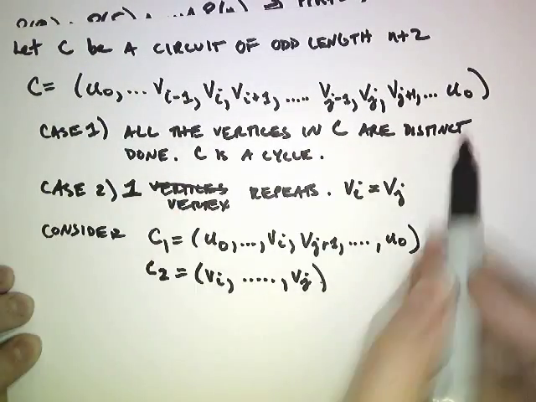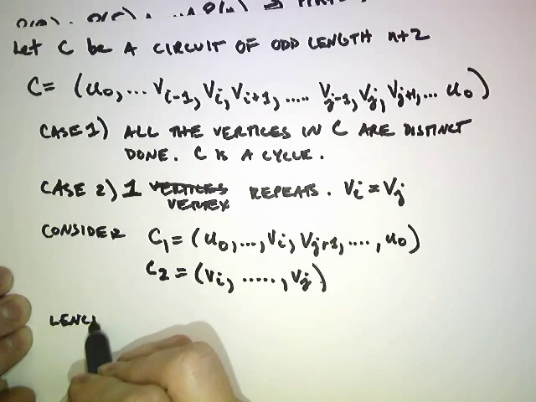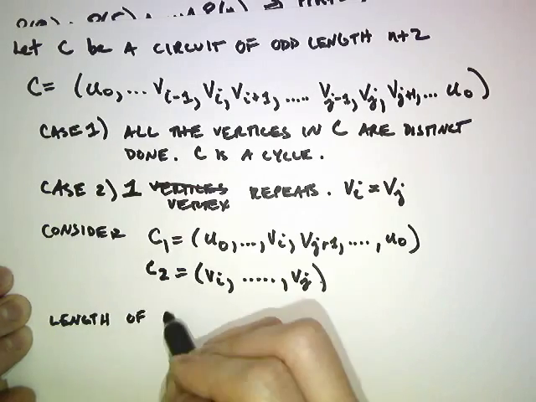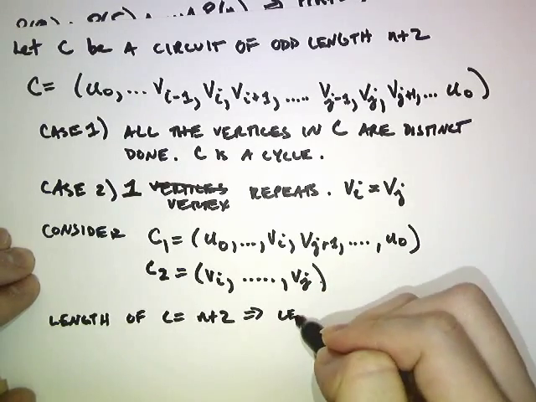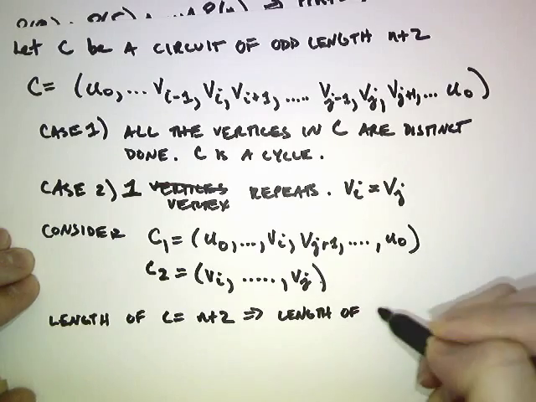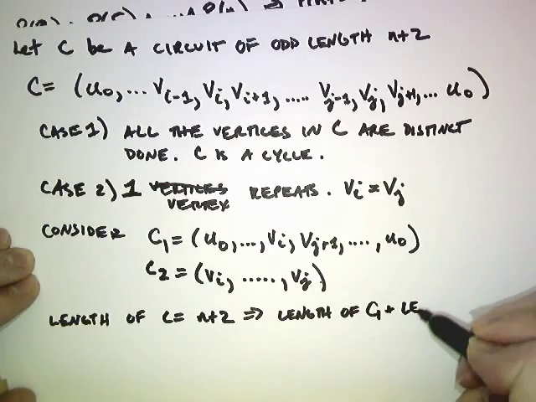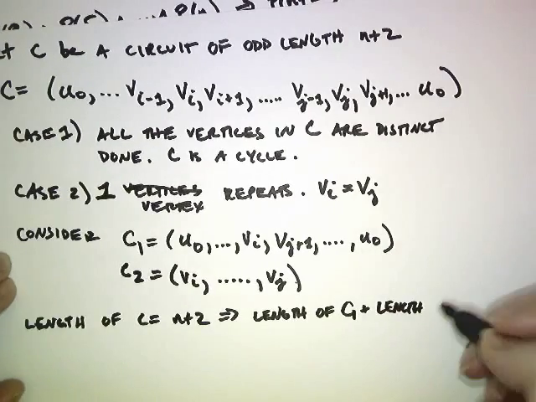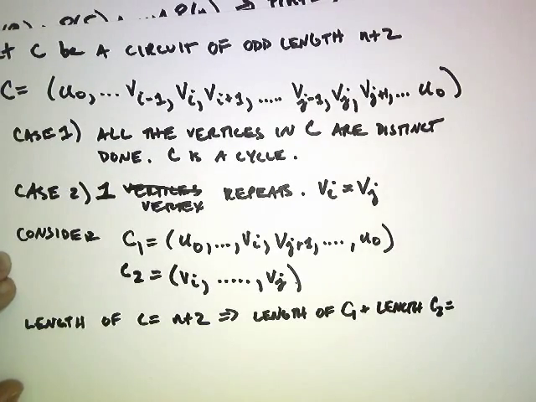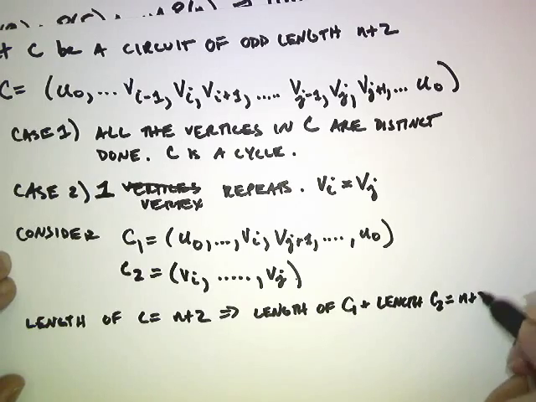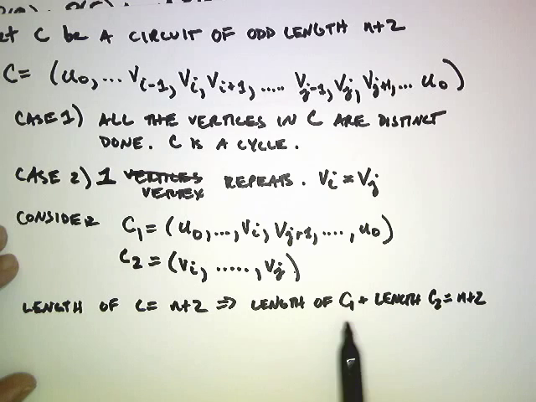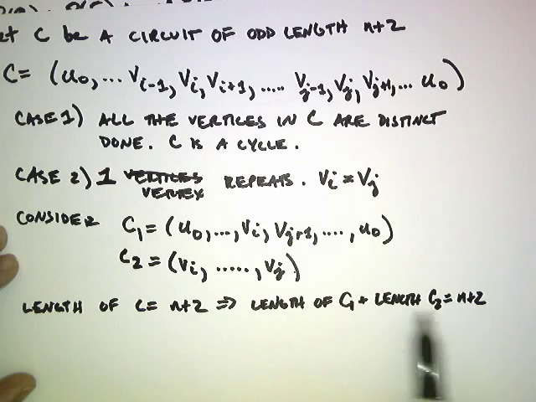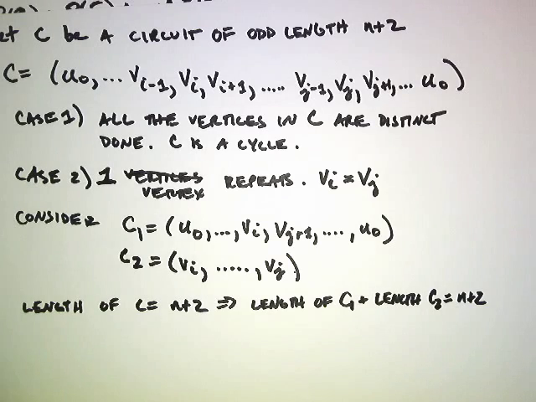So since the length of C equals n plus 2, it implies that length of C1 plus length of C2 equals n plus 2. So if this were even and this were even, it would mean that even plus even would be even, but we know that n plus 2 is odd, some odd length value. So